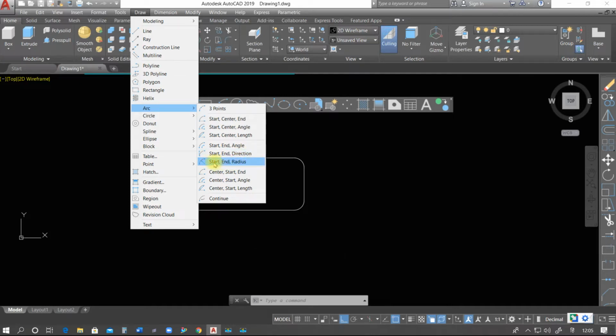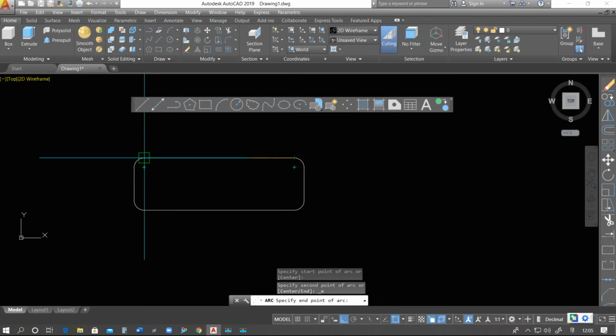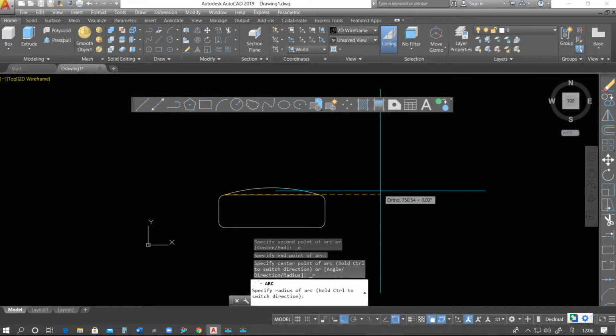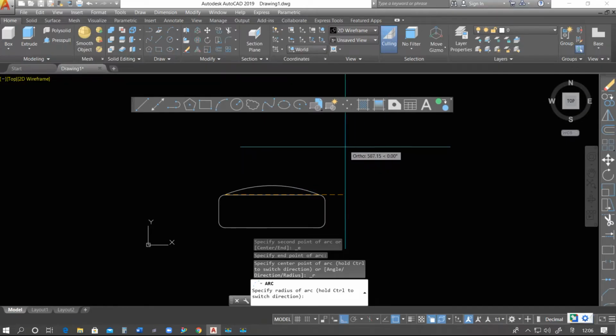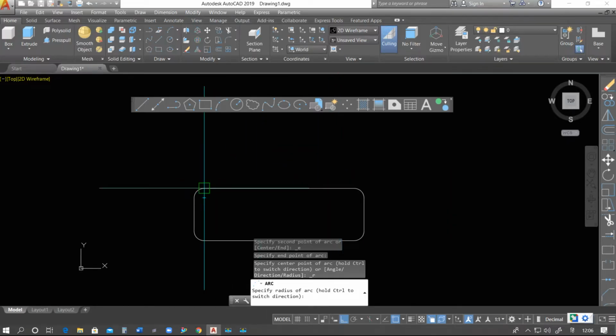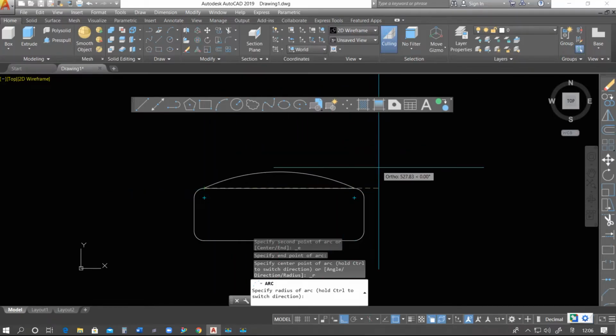Next option is start and radius. Suppose this is start and how much radius? Okay, suppose I'm saying that radius should be approximately, suppose I'm taking, because we don't know the length of this one. Before this dimension, that we don't know the dimension of this one, we cannot specify. So suppose I am taking 200,